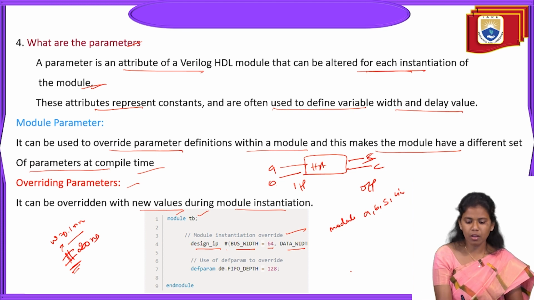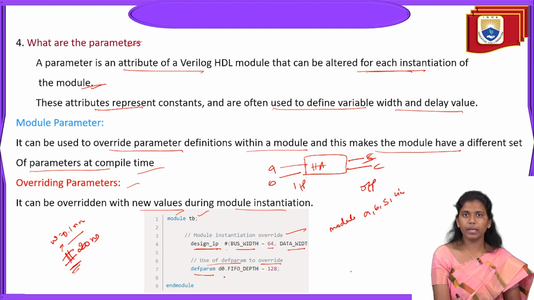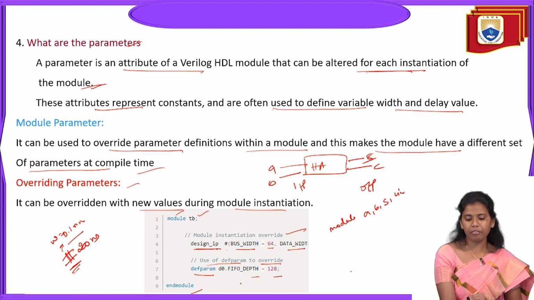Here, if you observe, the use of defparam to override. Instead of the design IP, I'm just overwriting with a keyword, defparam. So D naught into first in first out, depth of 128, and end module. This is how I can override. That means something I have written, and now I want to override these parameters. How can I override this? By introducing some keyword like